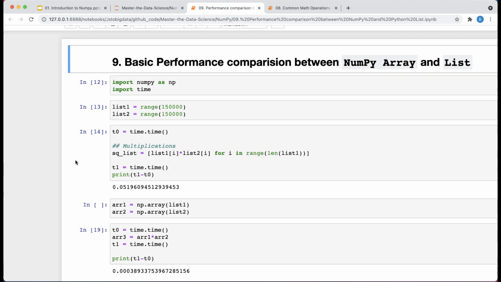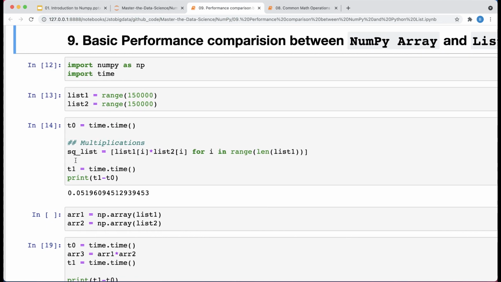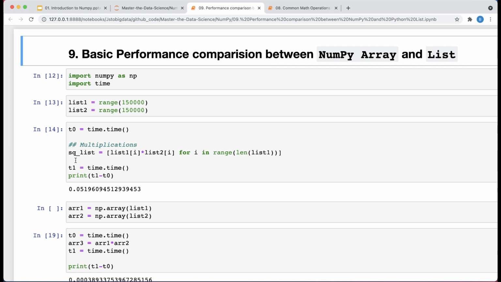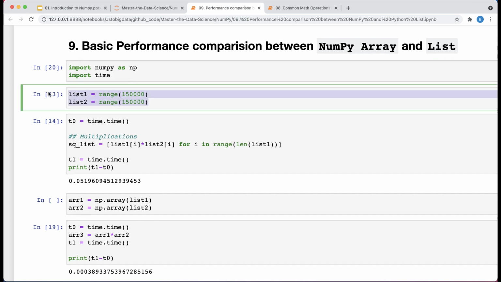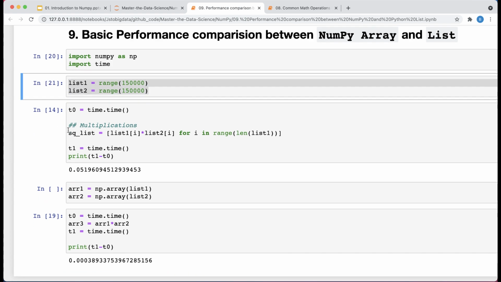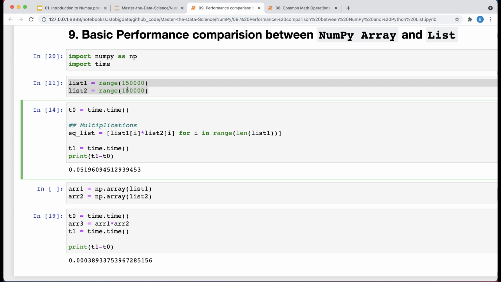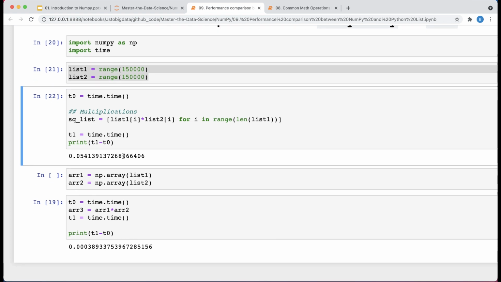Now, one common question that always arrives is why we want to deal with NumPy array. Almost we could use the list to perform all this, right? And the obvious reason is the performance. I have taken a very simple example. So I have, let's say, two lists here, L1 and L2. And what I'm doing is I'm just going to multiply each and every element of L1 with L2. So it's basically index based multiplications, right? And let's do this and let's understand how much time it takes to perform.